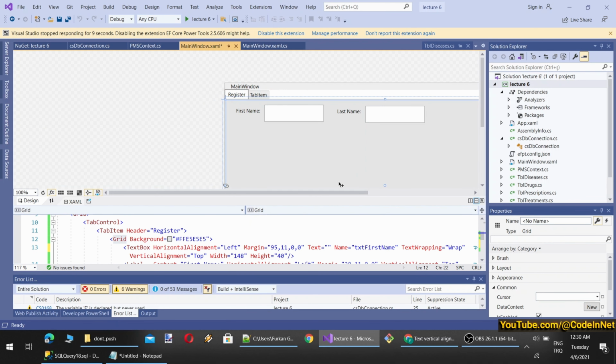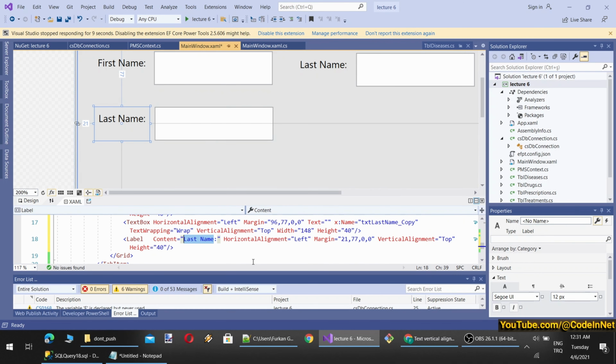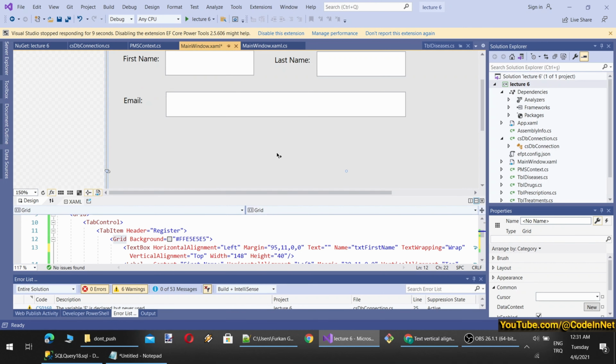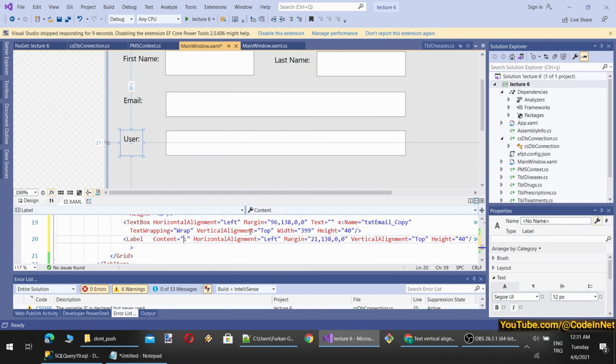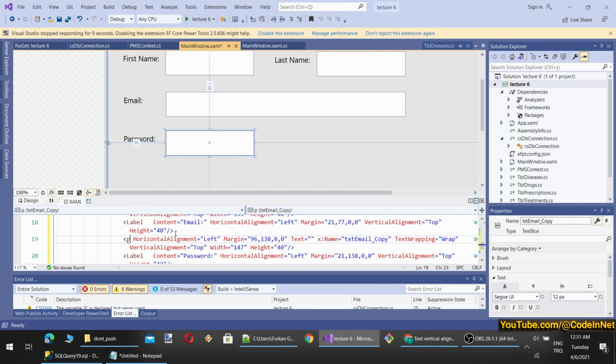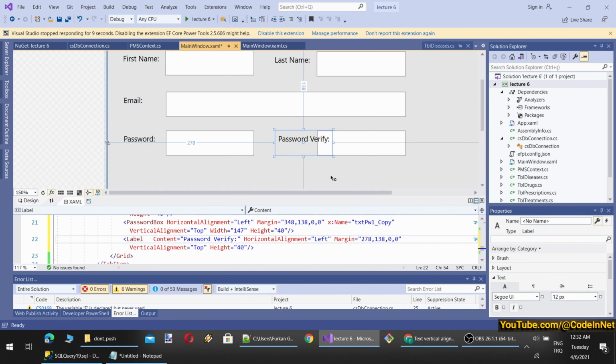Okay, and what other information are we going to have? We are going to have email, right? So for email here, I will make the email text box bigger. This is the email. Then what other information do we collect? Yeah, we are going to need a password. We can also have password verification. Password will be a password box like this, and no text wrapping as well. Okay, so password verify this. Okay, so we need text wrapping for this as well.